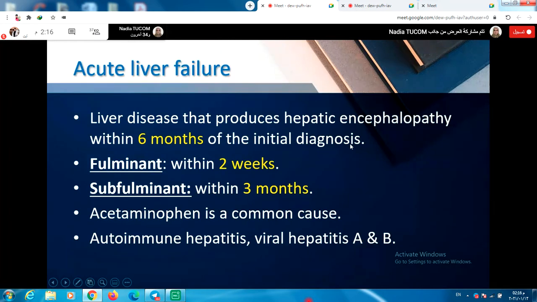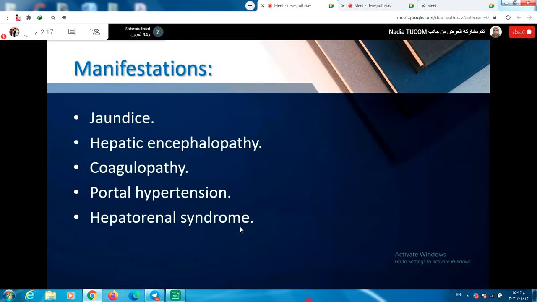Hepatic failure is either fulminant, within 2 weeks, or subfulminant, within 3 months. Acetaminophen is a common cause, and autoimmune hepatitis and viral hepatitis are also causes of acute liver failure. The manifestations of acute liver failure are the development of jaundice and the development of hepatic encephalopathy